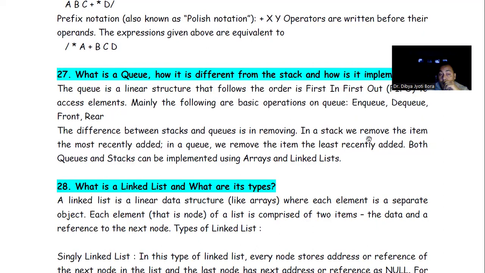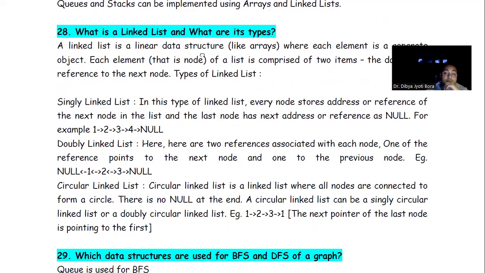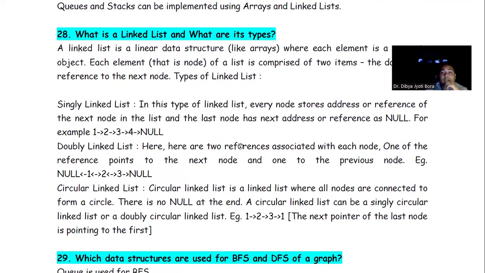In a stack, we remove the item that is most recently added, right? While in the case of queue, we remove the item that was least recently added. Both queues and stacks are implemented using arrays and linked lists. Linked list, I don't think any doubt occurs.